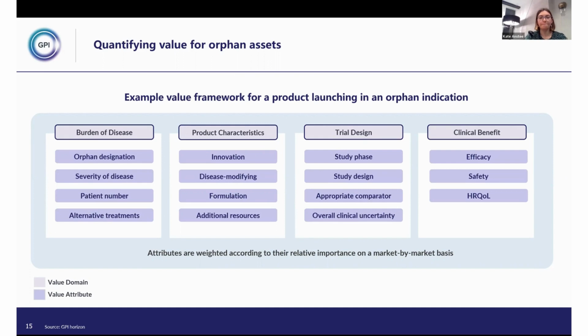Now, each of these value attributes may have varying levels of importance to different payers. And to reflect these differences, what we do is apply a market-specific weighting to each of these attributes. And this is something we've been researching at GPI over the last 4 years and have validated with payers as well. And what this framework allows us to do is create a numerical score for the value of your product